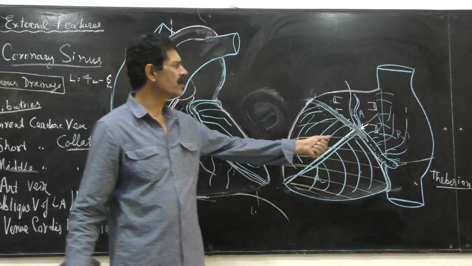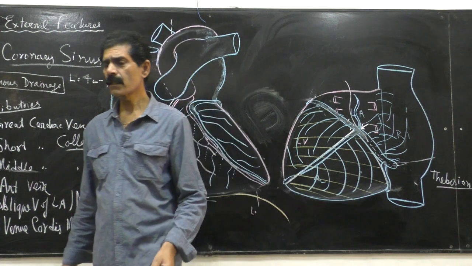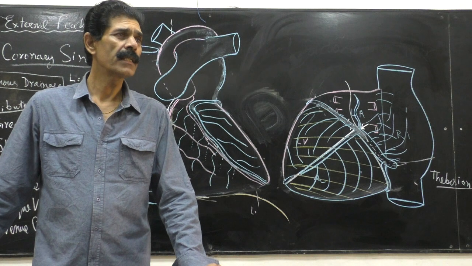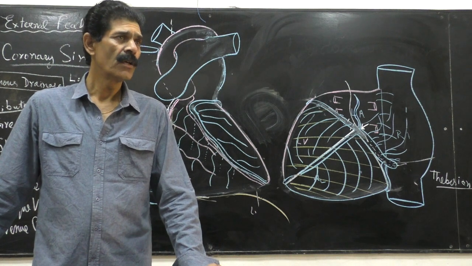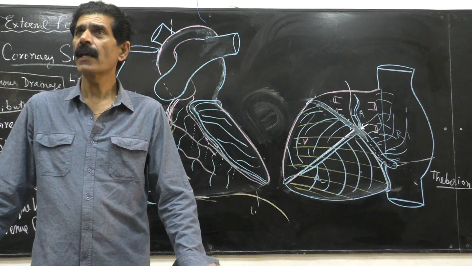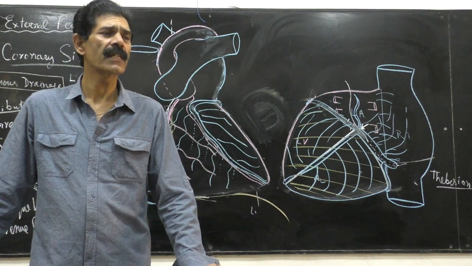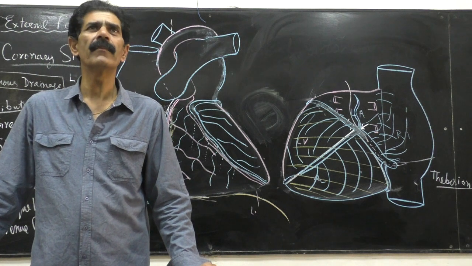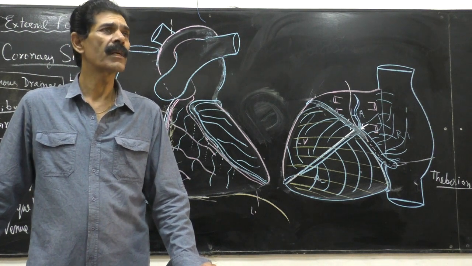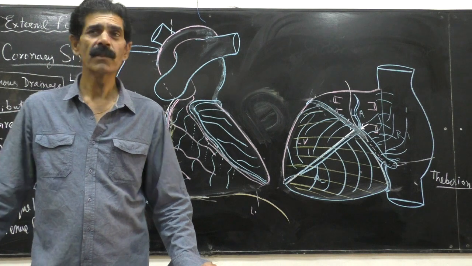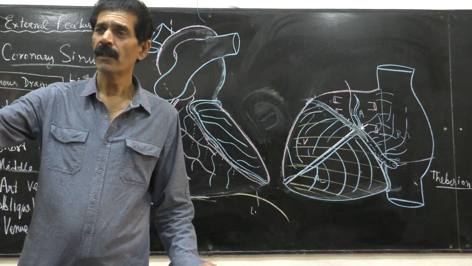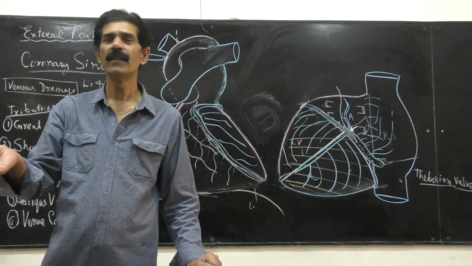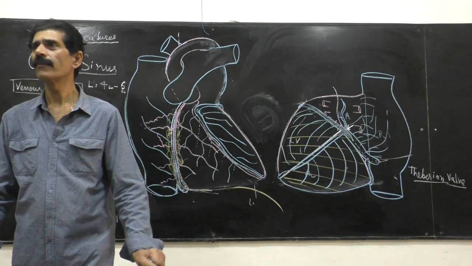Secondly, it is also used for contrast media injection. Injecting into the coronary artery is very dangerous. The radiopaque dyes can be easily and successfully injected through the coronary sinus. Because any spilling or leakage of the dye may not be dangerous in the veins, but it is more dangerous in the artery, because the artery goes to the tissue. If the dye goes to the tissue, it may damage it. But veins are on the heart. So that's why we are using the coronary sinus.